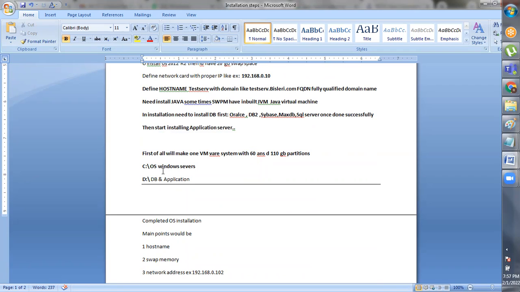VMware system only, 60 GB of hard disk space. We need to allocate from our disk only, then it will automatically allocate into VMware disk space. Because when you create a virtual machine, you have to assign 300, 400 GB space from our physical hard disk only to the VMware.